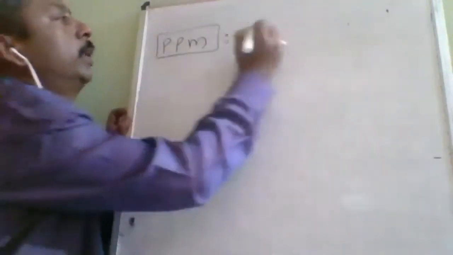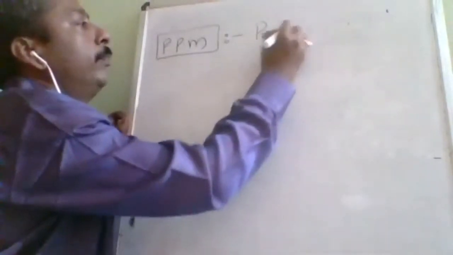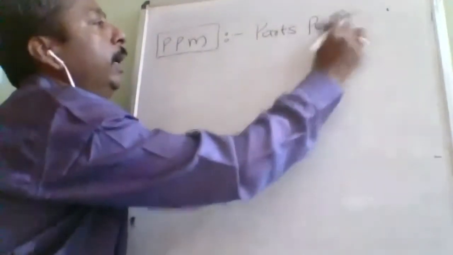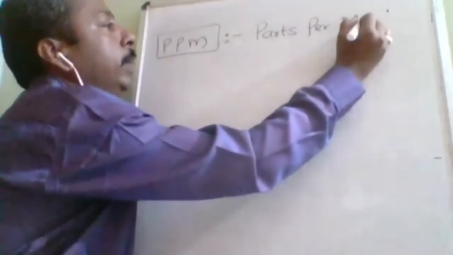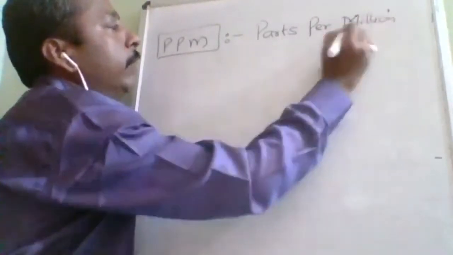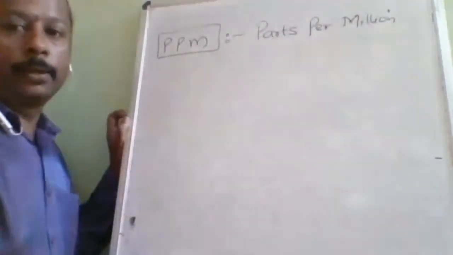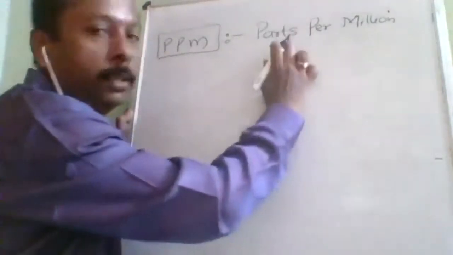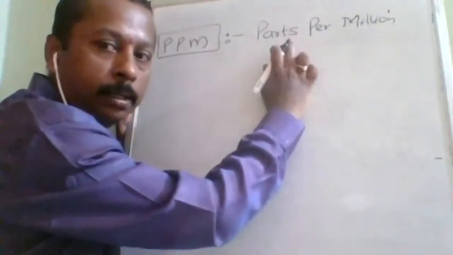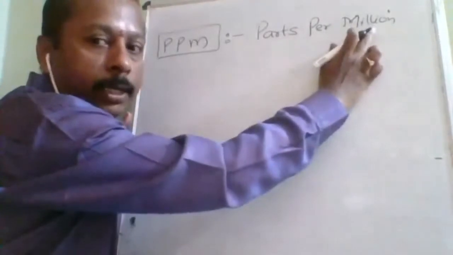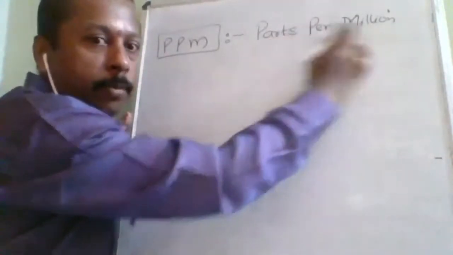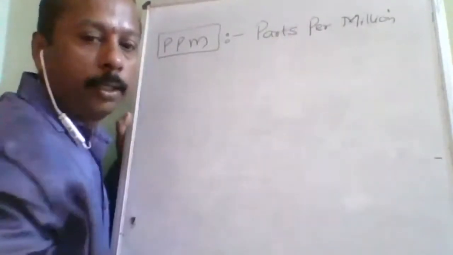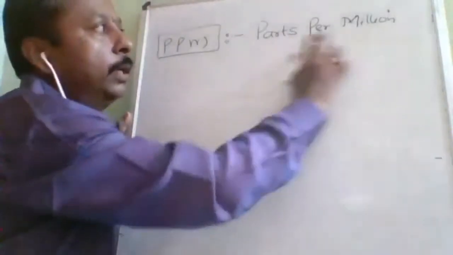Okay. So it stands for parts per million. Here the name itself is sufficient. Million means per million, whatever the parts. Here parts is a general term. It can be liters: per million liters, how many liters? Per million kg, how many kg? Okay. So this is also unitless, because of the word per.